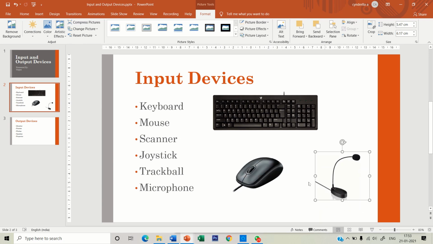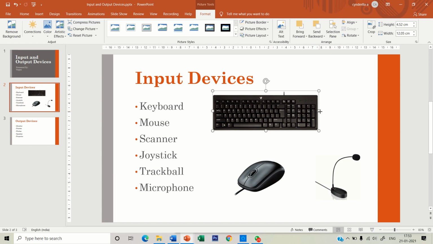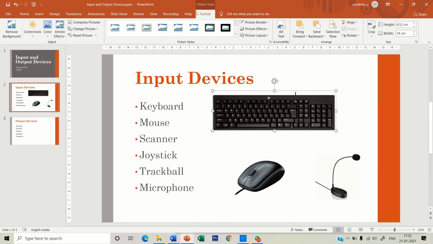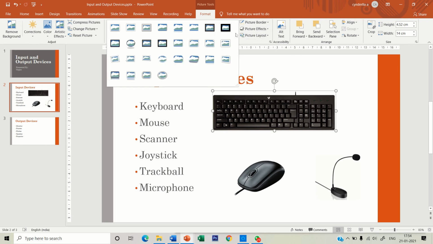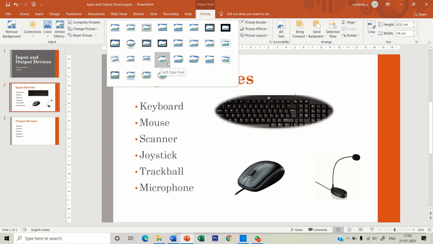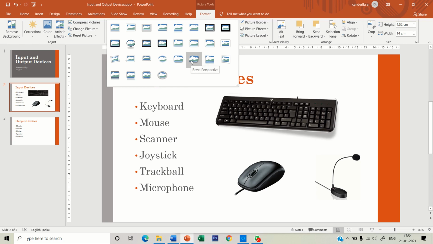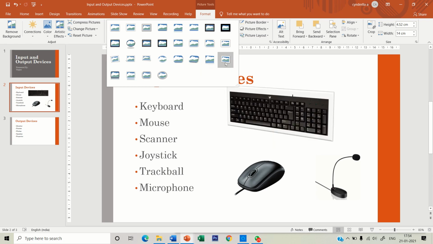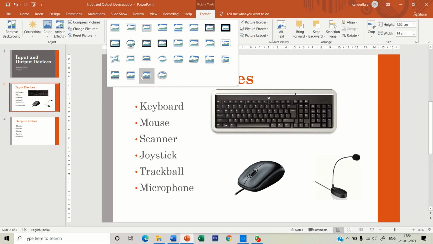Okay. Now when you insert a picture and click on it, it is selected with a round border around it, right? Now, as you see on the ribbon, there is a new tab, Format tab. Click on this, you will find various options to format this picture. Now, you can give the picture border, you can give the picture effects, or you can have the ready-made layouts. I can click here and choose. These are the ready-made layouts. Whatever layout you want, you can place your mouse pointer. It will show you the preview and you can use them just by clicking on it.